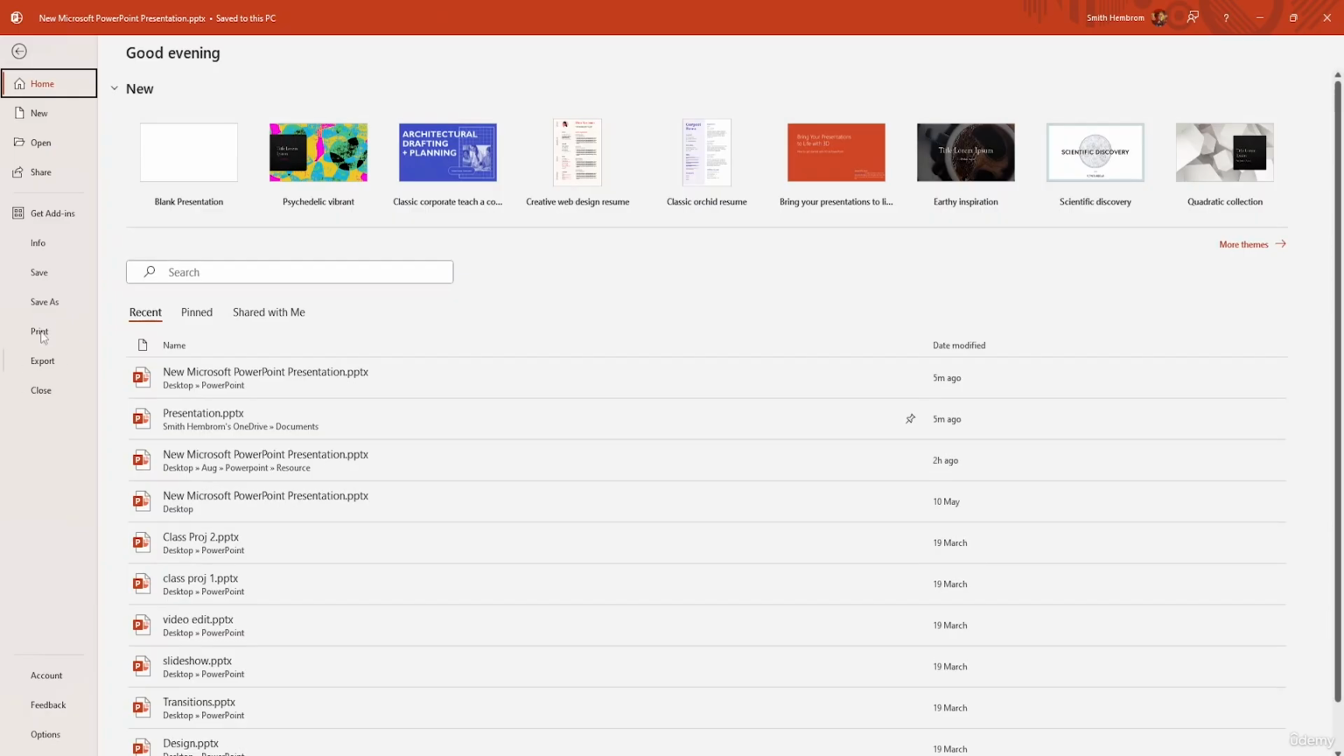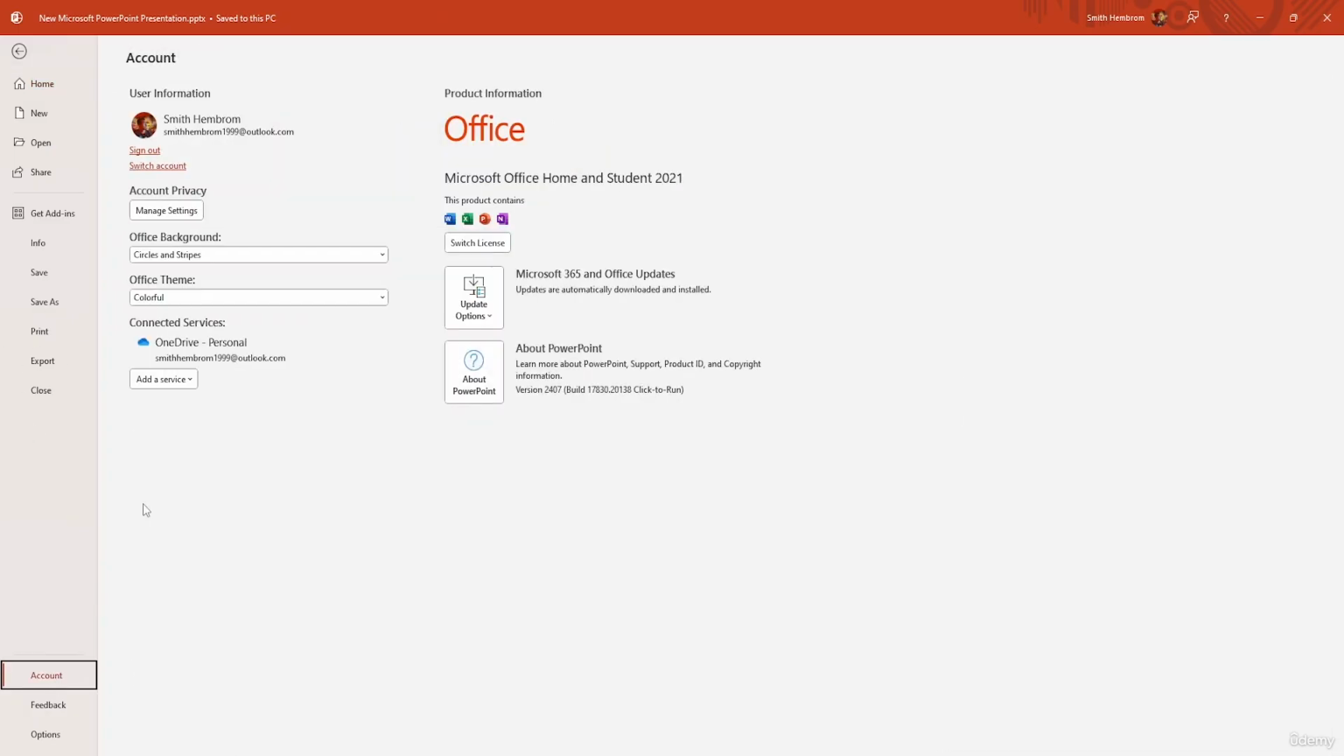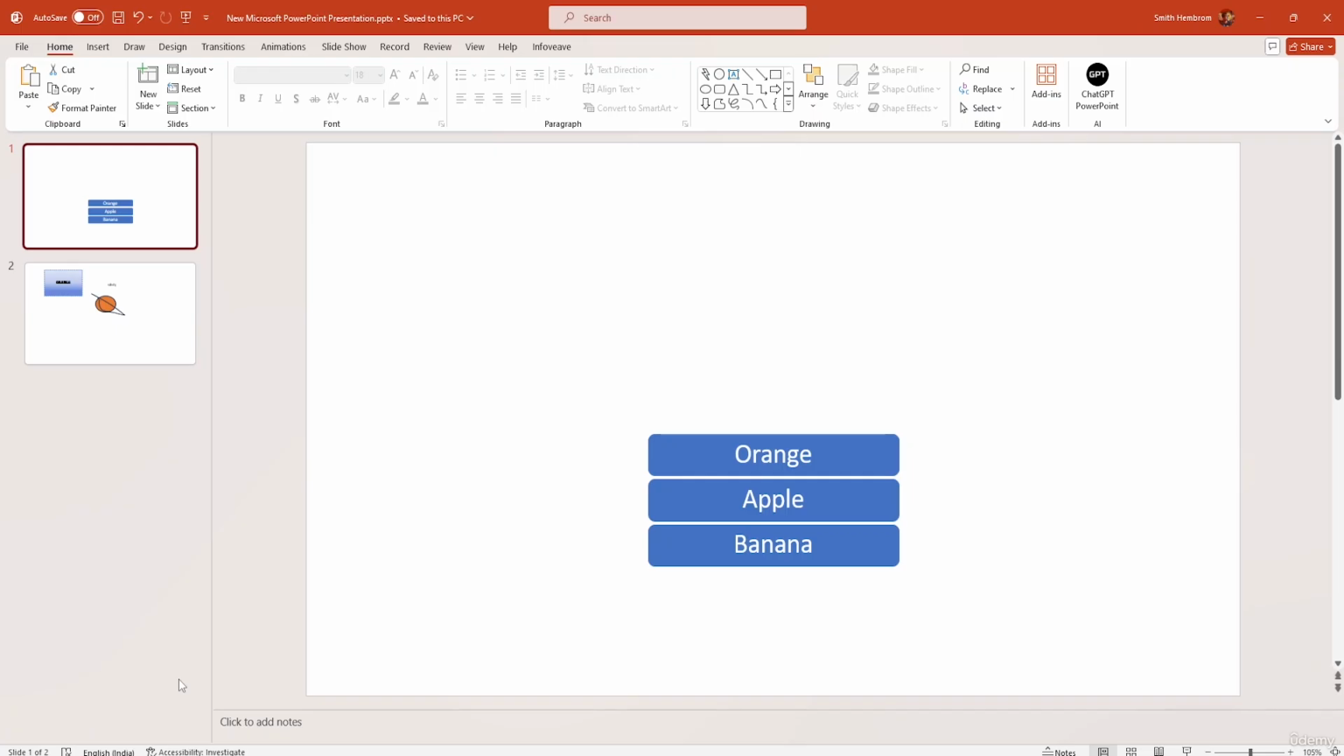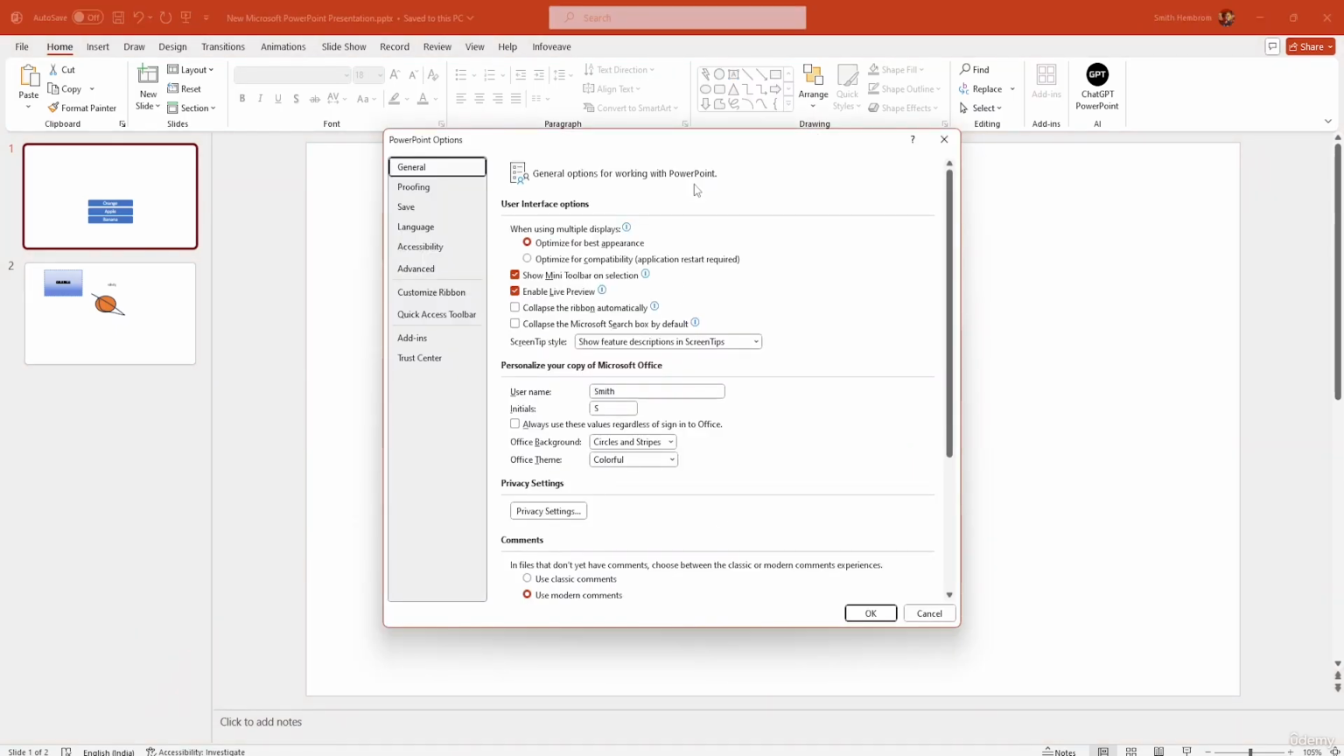If you go to the File tab, at the bottom we have Account. You can check which account you are using. You can also give feedback to Microsoft directly about your experience. And even if you have any issues with your presentation or your software, you can let them know and get feedback on it. And if you go to Options, you'll be able to get the options of the